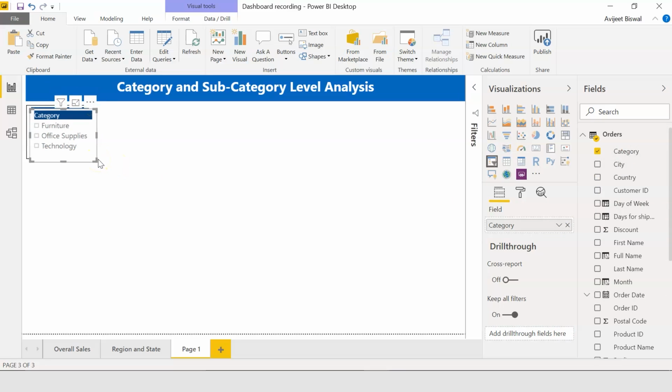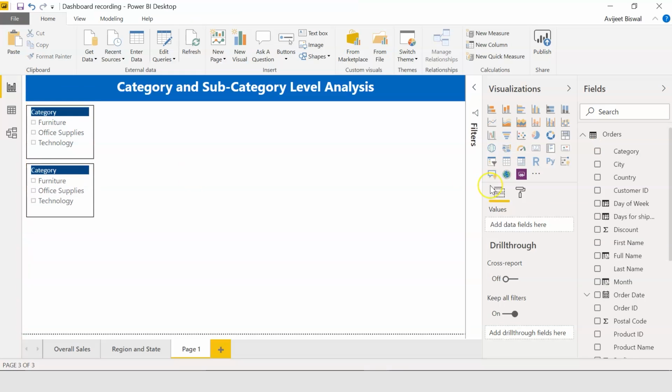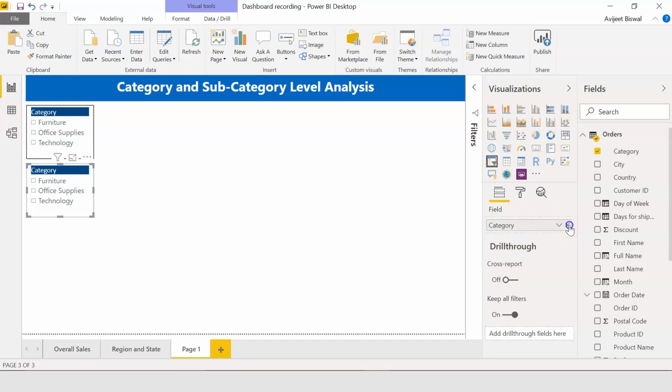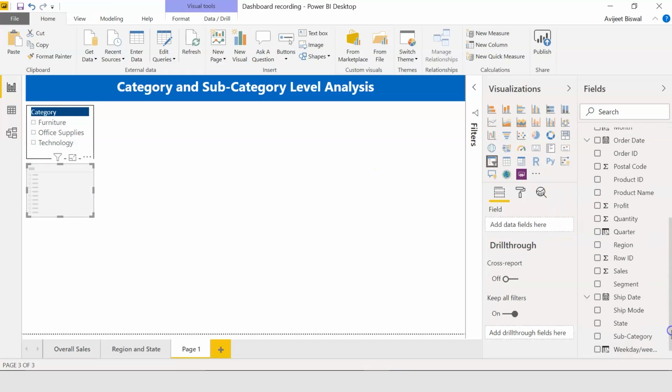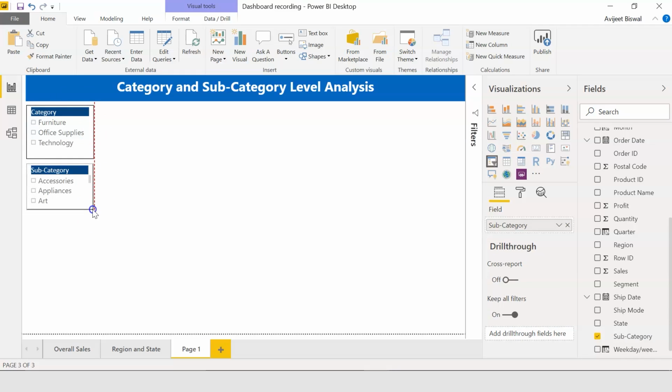Let me copy paste this again, and let me take the subcategory now. So I'll select this and I'll drag subcategory onto the field. So here you can see we have all the subcategories, and above we have the categories. Let me resize this a bit.